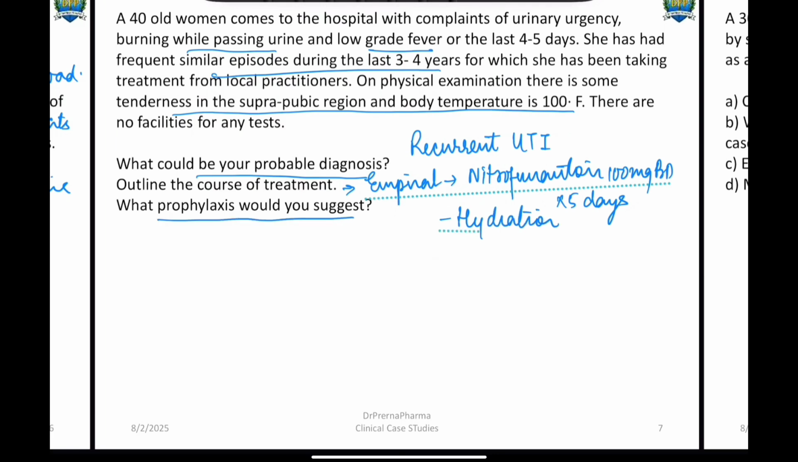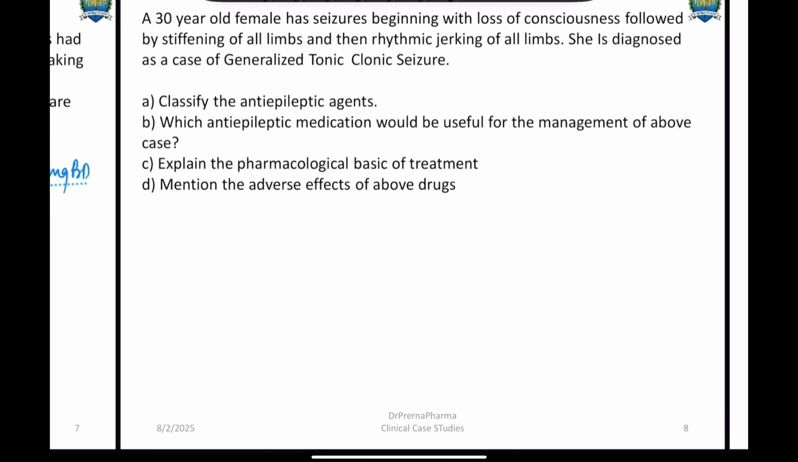Prophylaxis that you would suggest is behavioral changes can be given, and hydration to be kept proper. Next question. A 30-year-old female has seizures beginning with the loss of consciousness followed by stiffening of all limbs and